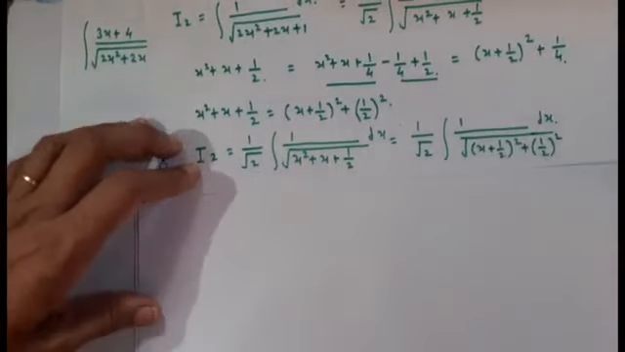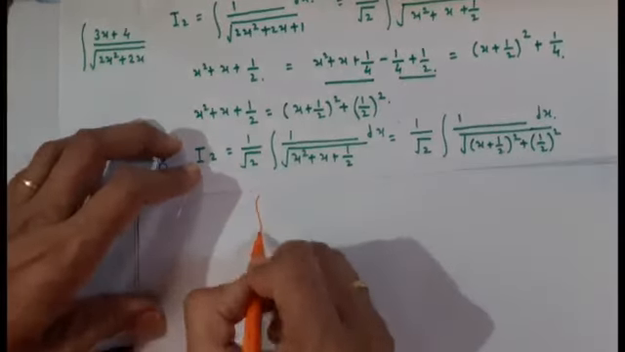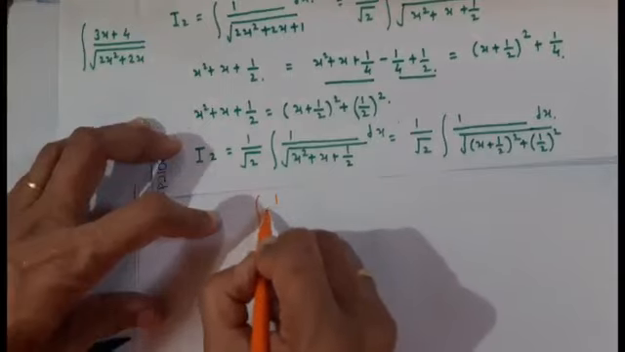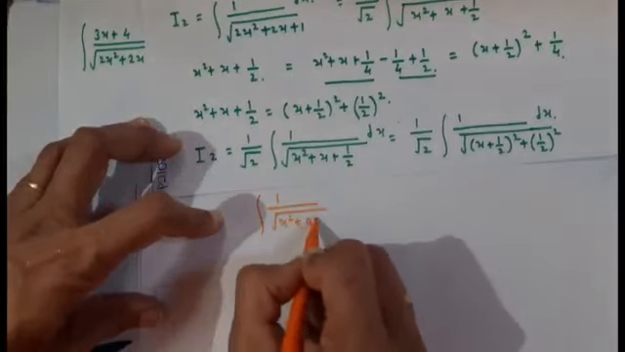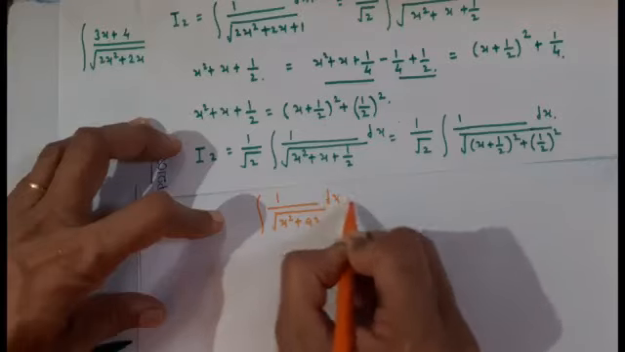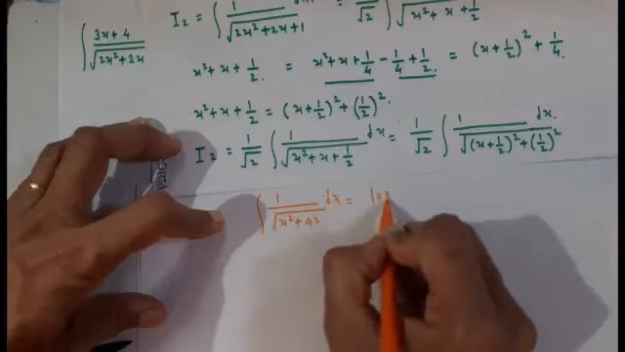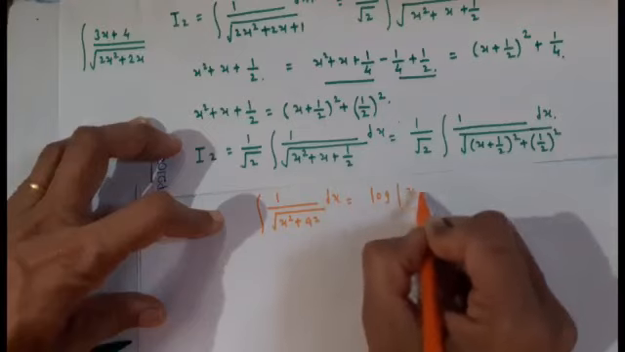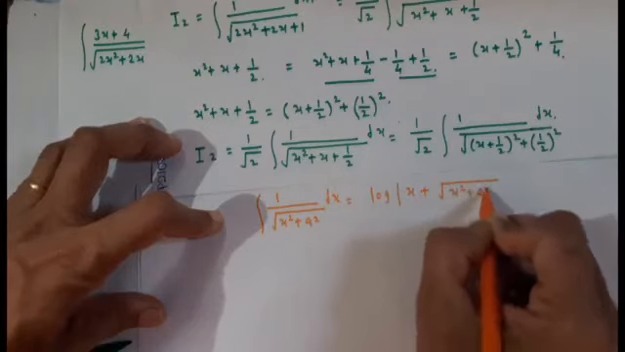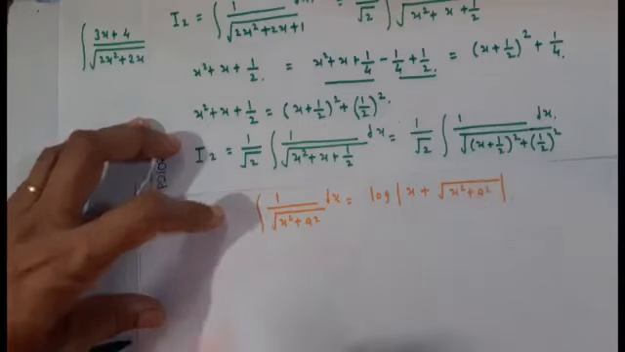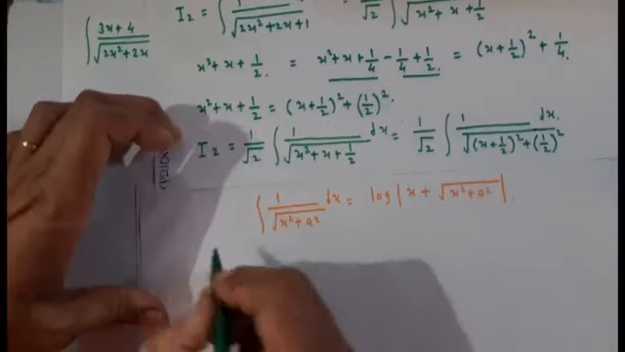Students, this integration is of the type 1 upon square root of x square plus a square with respect to x. Its integration is log of x plus square root of x square plus a square. By using this, the integration I2